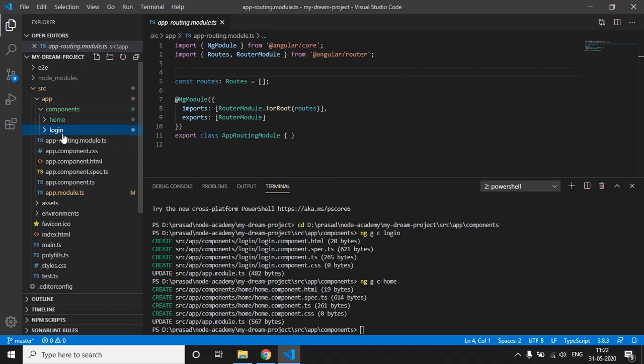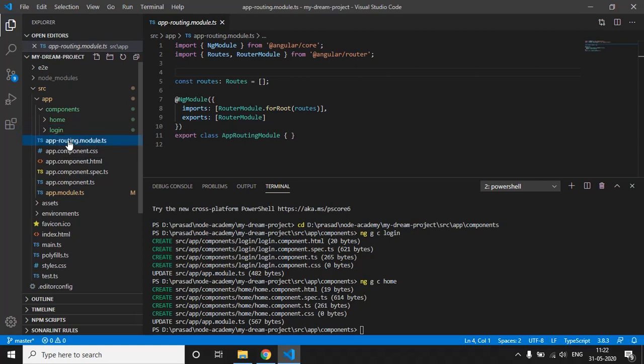Now we have just created our components, right? We cannot access them unless we have routes defined for these components. So we will add some routes so that we can access the particular component. For making the routes, just go to this app-routing.module.ts as we discussed.